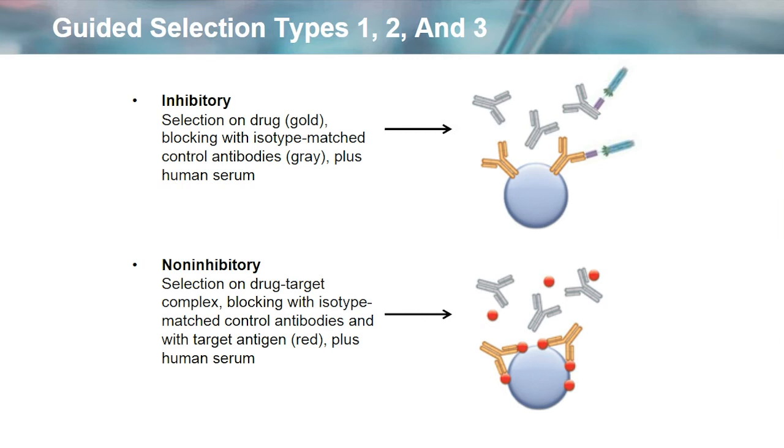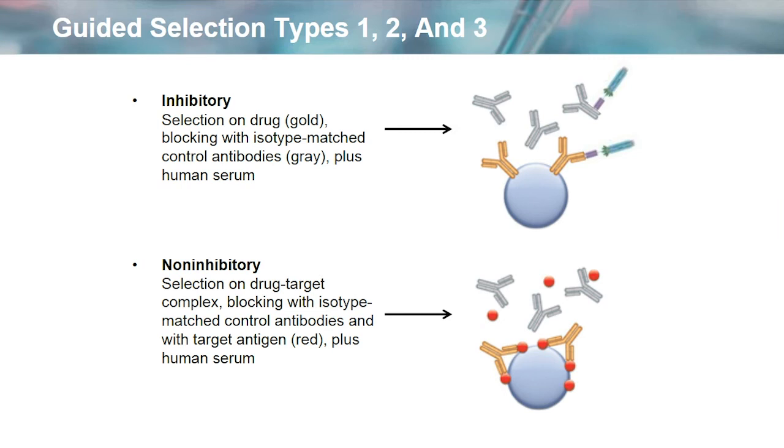For non-inhibitory antibodies, rather than coating the solid surface with the drug, we coat the solid surface with the drug target, and we use a high concentration of drug target and then a lower concentration of the drug antibody to give ourselves confidence that all of the paratopes in the drug antibodies are occupied. We then block with isotype controls and human serum again, and also with the drug target to make sure that we don't generate antibodies to the drug target. By this method,